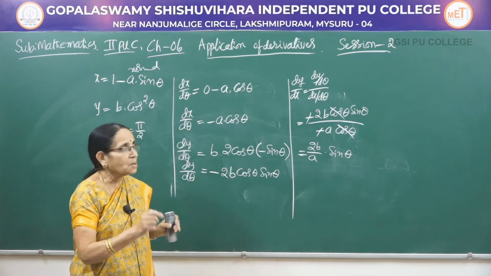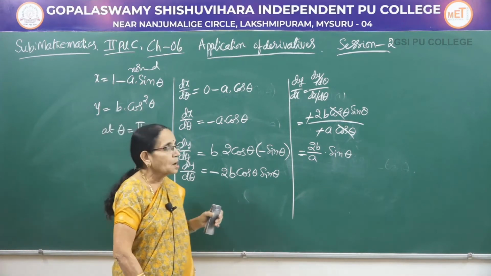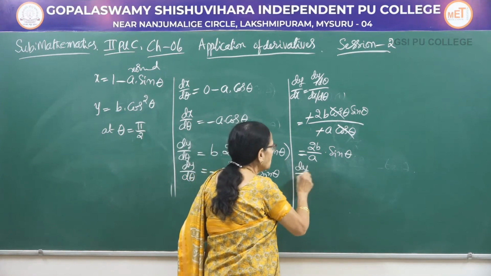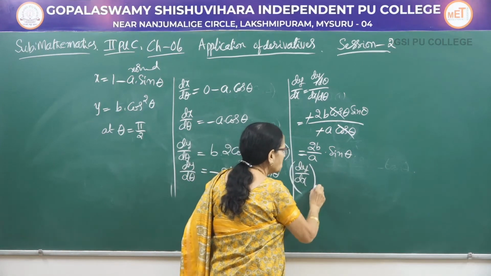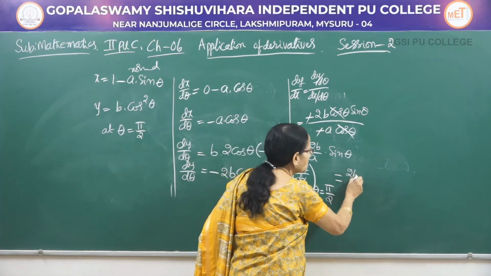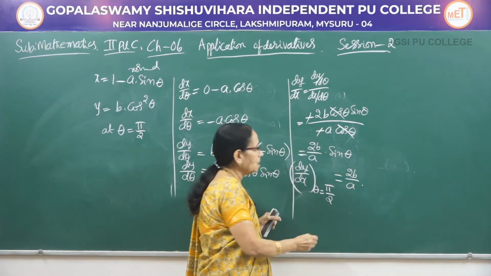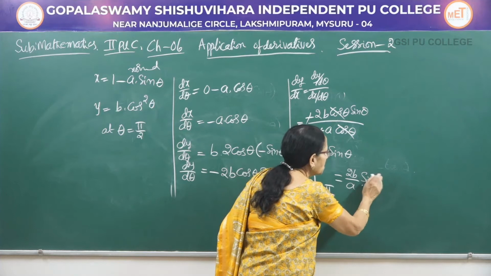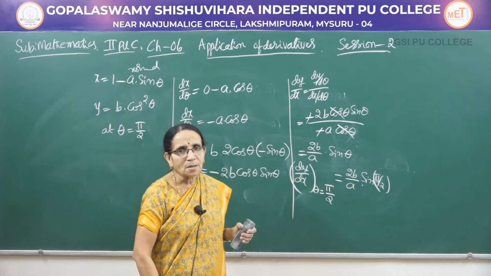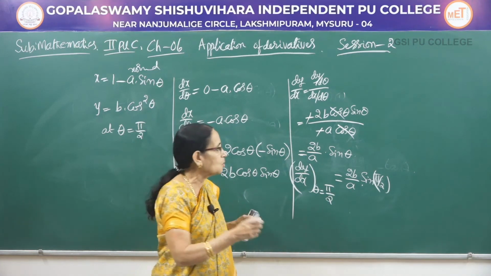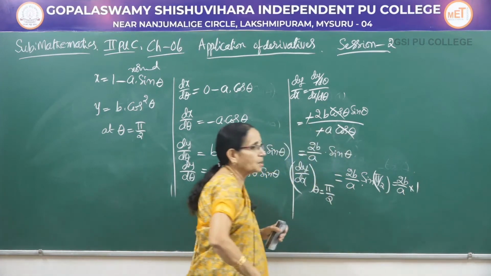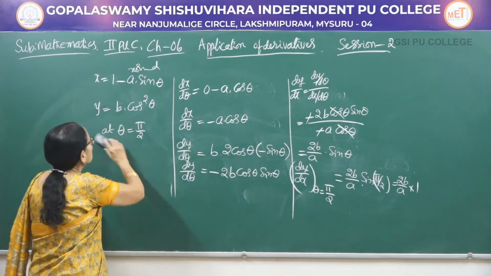Now to know the slope, we have to give the value for theta. At what point? Theta has taken the value pi by 2. So write this one, dy by dx at theta is equal to pi by 2, write the constant as it is, 2b by a into, for theta, what do you write? It is sine of pi by 2. Pi by 2 means 90 degree. Sine 90 being a standard value is equal to 1. So that is 2b by a into 1, because we know that sine 90 has got the value 1.